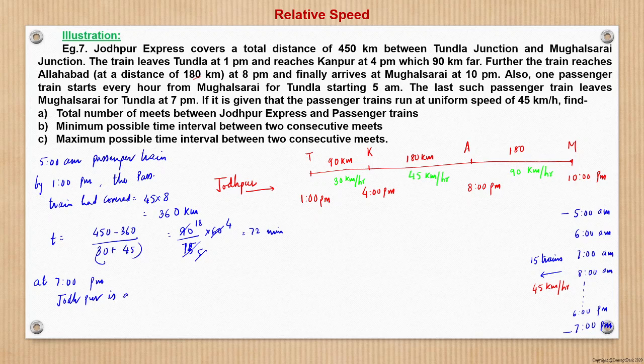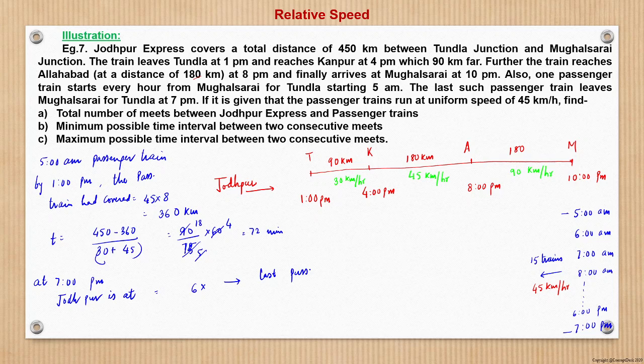Jodhpur started at 1 p.m. So by 7 p.m., that is in 6 hours, it is somewhere in between Kanpur and Allahabad, right? And at that time, this train is starting from here. So certainly this will be meeting. So we can safely say that even the last